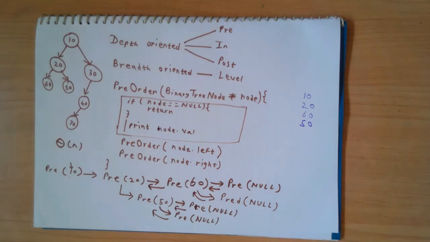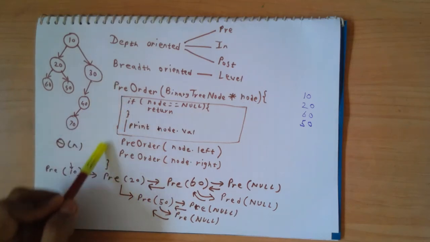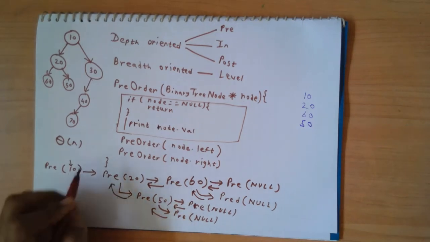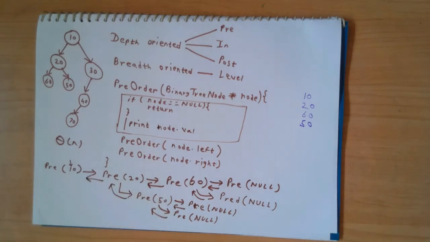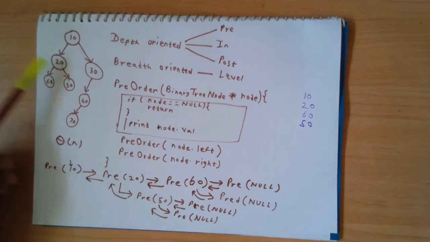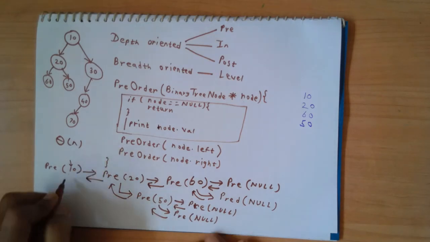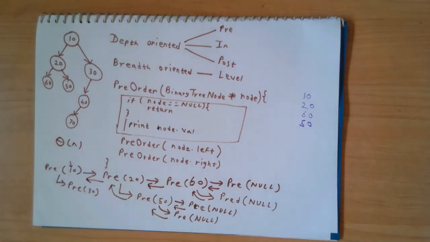And that's where I finished processing 50, and we come back, and we had come to 50 as the right child of 20. So that also completes the execution of pre-order traversal from 20. So we go back to 10, and we had started the pre-order traversal of 20 as the left child of 10. So now we were here. Now we are going to execute the next statement, which is pre-order traversal with the right child of 10, which is going to be pre-order traversal starting with 30.